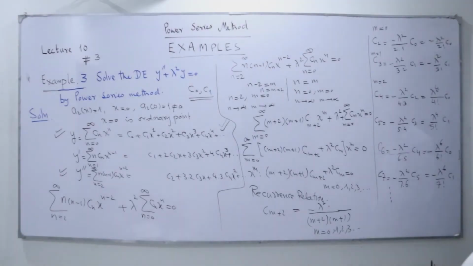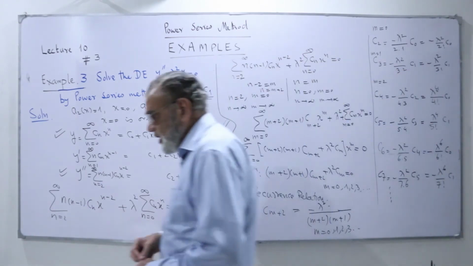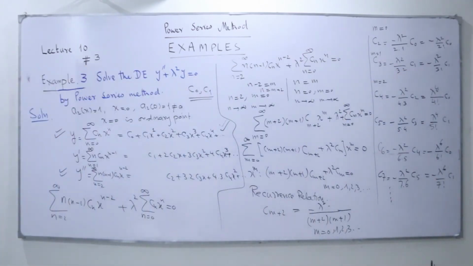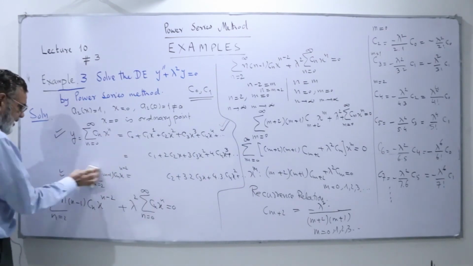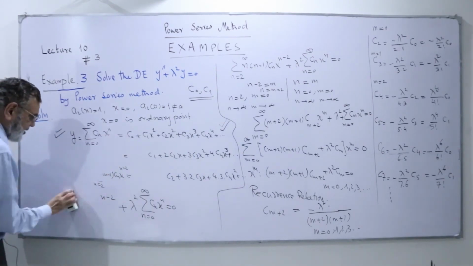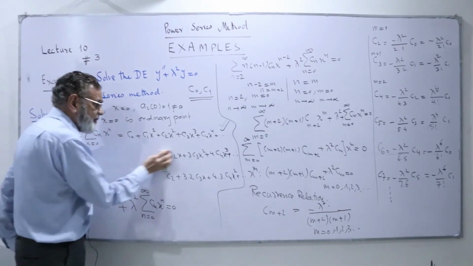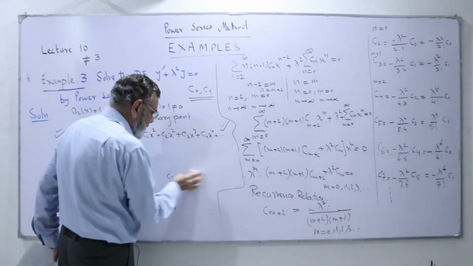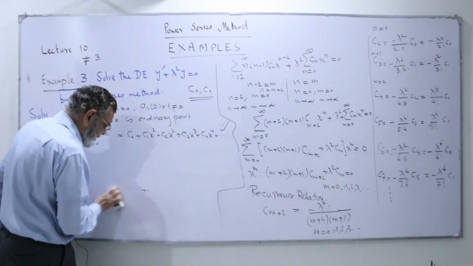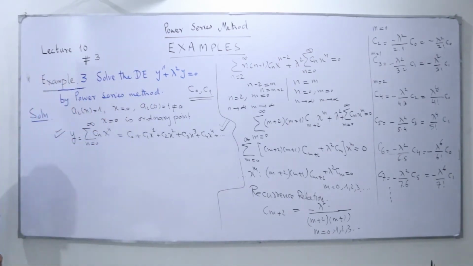I can get more values. Now I would like to substitute these values of C2, C3, C4. C0 and C1 are our constants, which we don't need to repeat because the solution is in terms of C0 and C1. The other values we rewrite, and I can write my result as the following. I get here the value of y is equal to